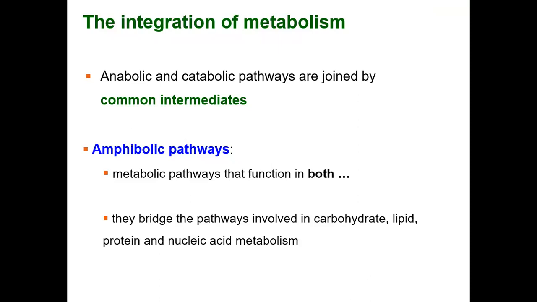But there are common intermediates between both anabolic and catabolic pathways, and then there are common intermediates between catabolic pathways in humans. We call the metabolic pathways that can function both ways, meaning normally it will function this way in aerobic respiration, but when something funny is happening with aerobic respiration, and it's not glucose we're sending in, and the cell will need to get ATP back, so it'll go this way.